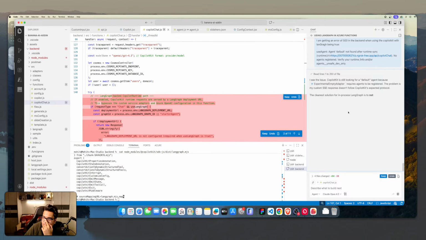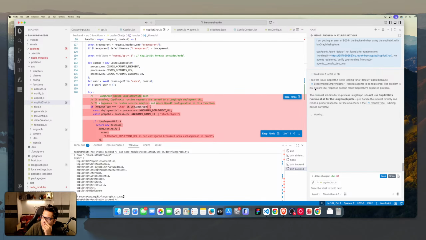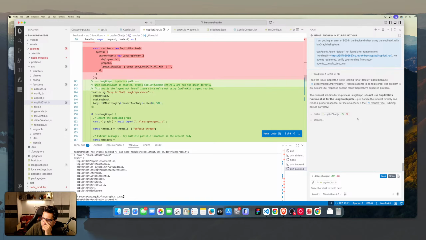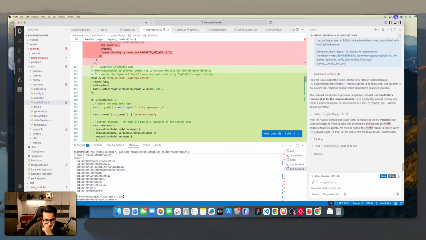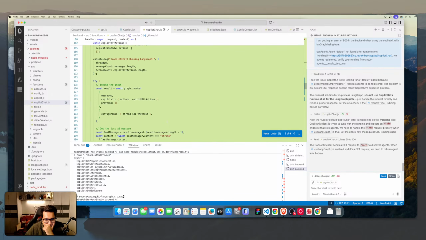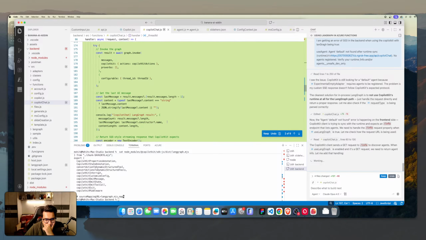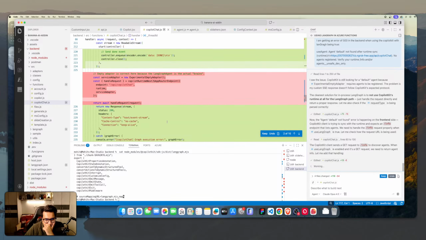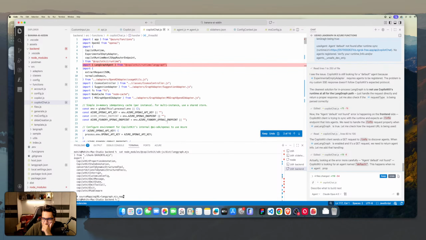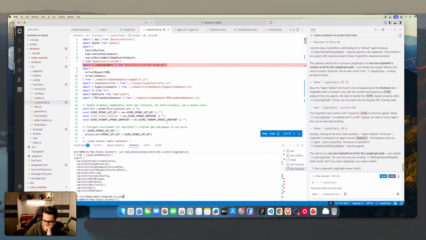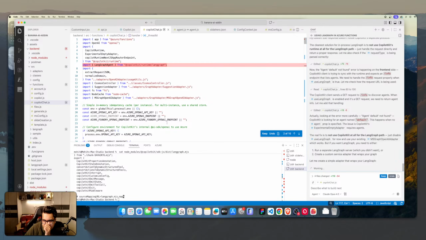See, the agent is still looking for default because experimentally requires agents to be registered. The problem is my custom SSE response doesn't follow our expected protocol. The resolution for process long is we not use Copilot's runtime at all for the longer part. Just handle the request directly and return a problem. Let me check the request type. I I don't know. I can